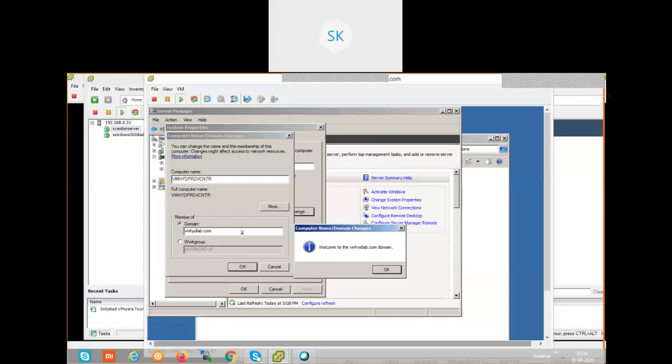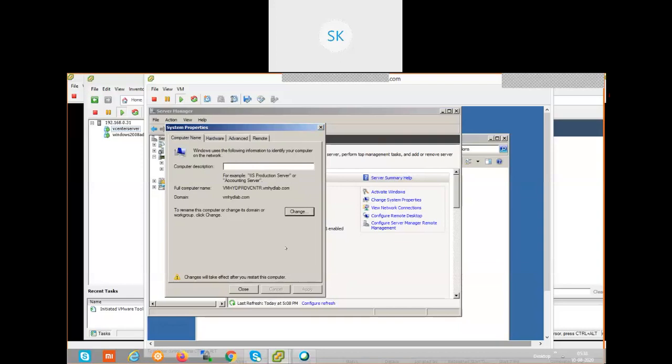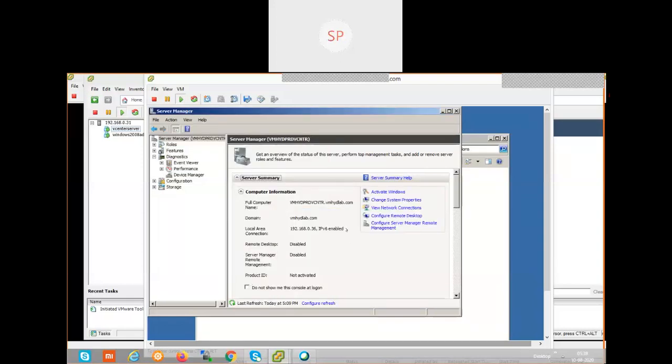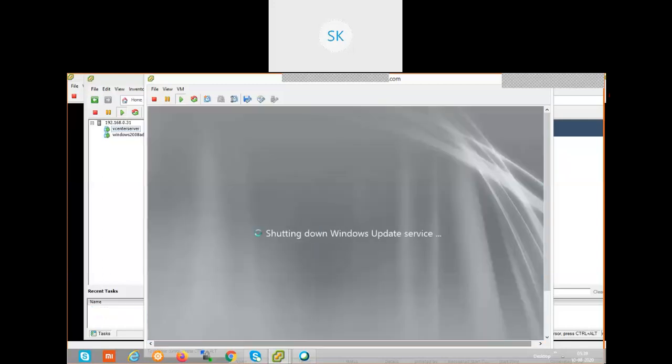Okay, so if you don't have a physical server, you can use your desktop as well to install the ESXi host. In our environment, we have 2 physical servers and 2 desktop systems.